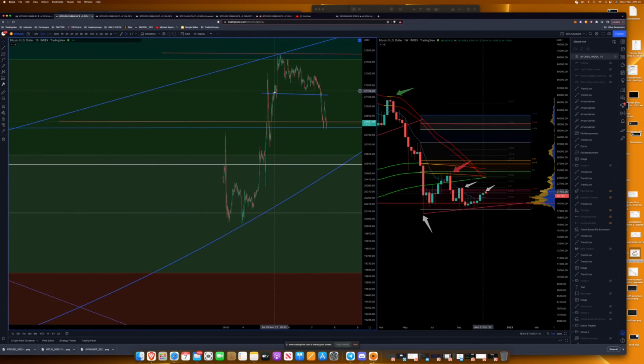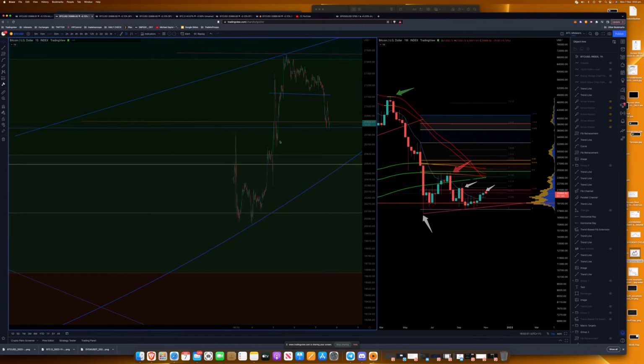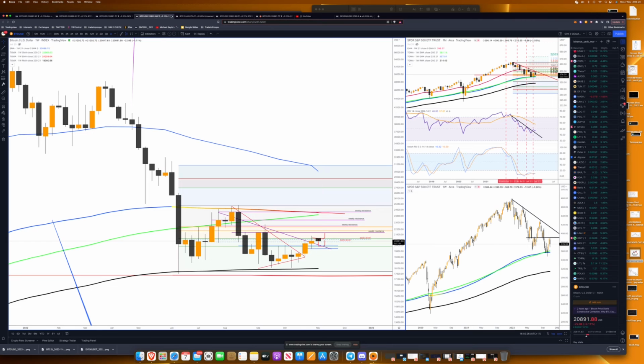And the other aspect to this, if we look at it, it seems to be like a rising wedge as well, potentially. So this was what I discussed in the video yesterday. The point on the macro level aligns with our thinking. So we've got the daily level as well, and this trend line. There's a whole bunch of charts that I like looking at,